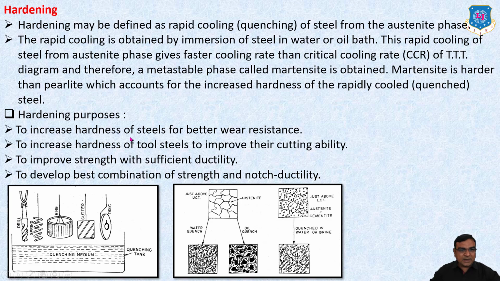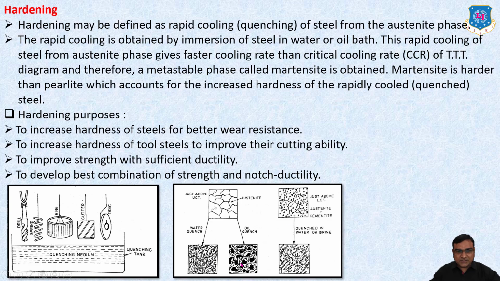The purposes are: to increase the hardness of steels for better wear resistance, to increase the hardness of tool steels to improve their cutting ability, to improve strength with sufficient ductility, to develop the best combination of strength and notch ductility. So these are the media of quenching and different objects which are quenched or immersed in this liquid. So before quench, this is an austenite structure, and after quenching, water quench and oil quench, these are the different